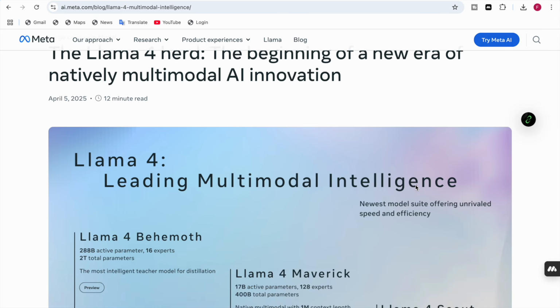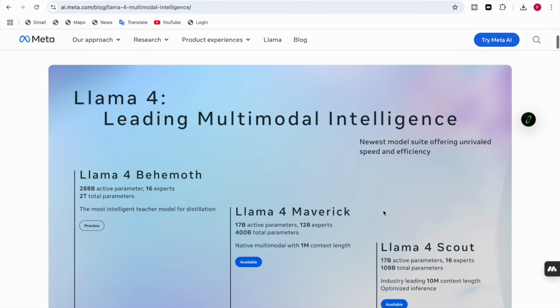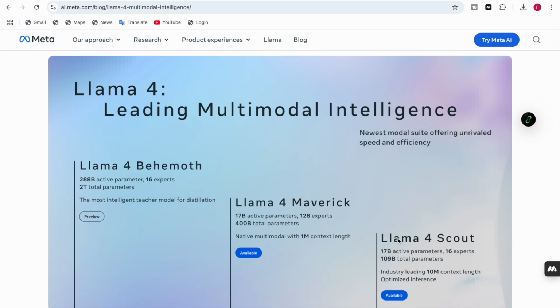So Llama 4 is leading multimodal intelligence. There are three types of models you can see here: Llama 4 Behemoth, Llama 4 Maverick, and Llama 4 Scout. Llama 4 Behemoth is the largest model released in Llama 4, and it has 2 trillion total parameters, and 288 billion active parameters. 16 experts are there in it,